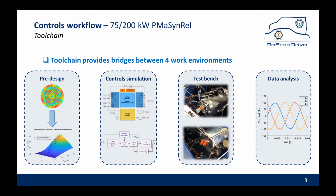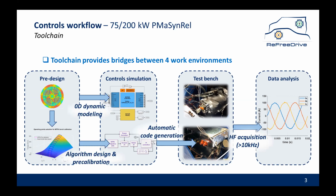To summarize, I will try to show how this works more specifically. This tool chain has the objective to create bridges between our four work environments. There's the pre-design, in which you have simulation data, for example, from finite elements. And we use that simulation data to make analysis, look for optimal operating points, stuff like that. Then you have the time-based control simulation with the control algorithms and the dynamic models. Of course, there's the test bench where you can check everything for real, and you get some data that you